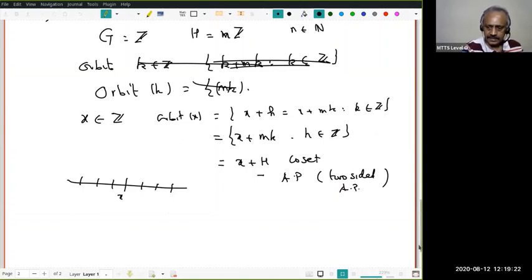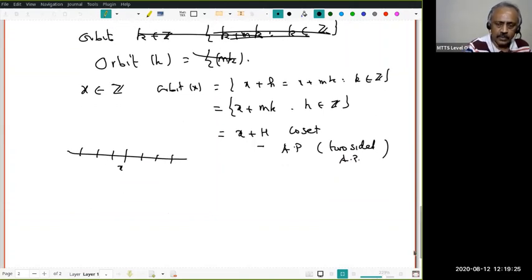Okay, these are the examples now. Before I go further, I want to look at a new word. This is not used in group theory most often, but it is used in topology and geometry and analysis, harmonic analysis, etc. The word is transversal.